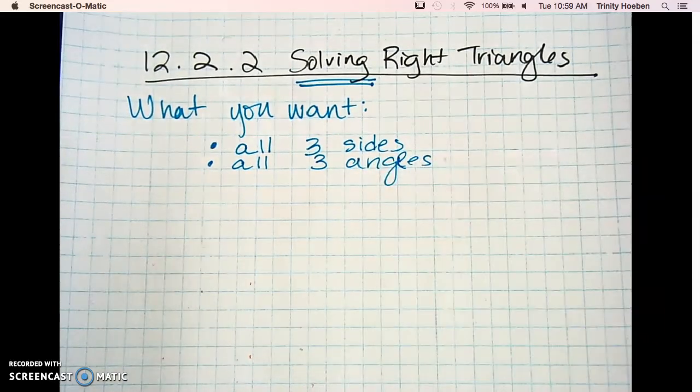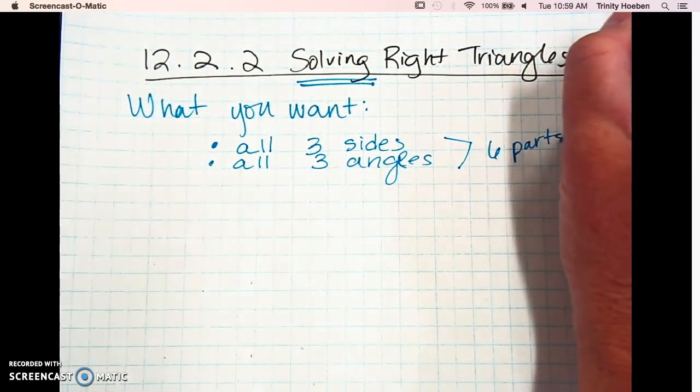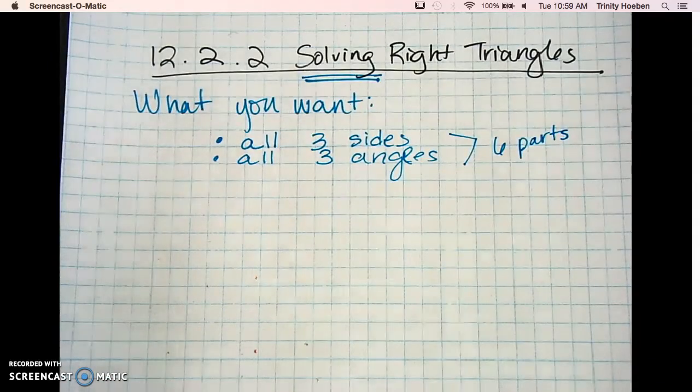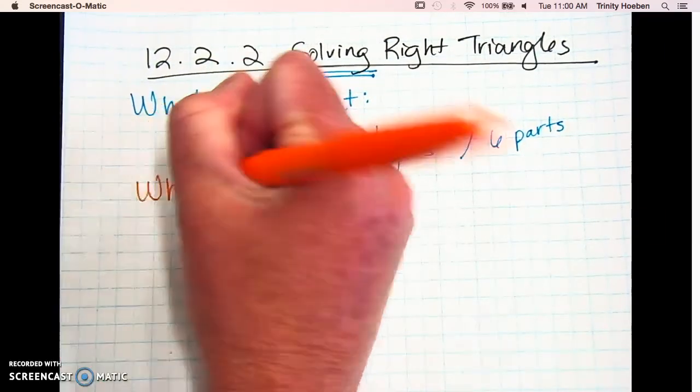okay? Some of that information is going to be given to you. But when you're done and the triangle is completely solved, you have all 6 pieces of information, right? All 6 parts. That's your ultimate goal if you're asked to solve it, okay? So in order to do that, you're going to need some information,